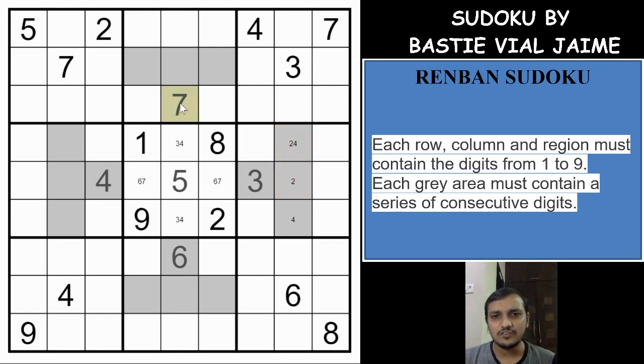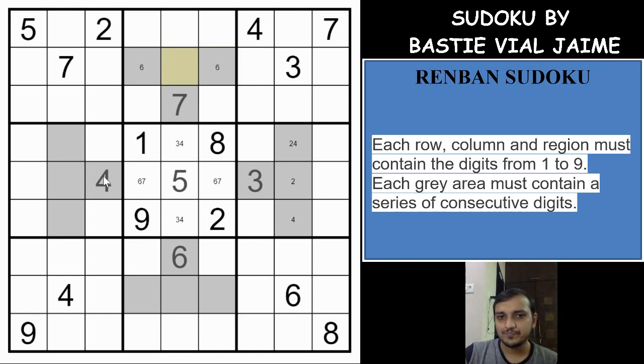Now if you see this 7, at most we can have 9 and 8, which means that 6 has to be here in one of these 3 cells. So if we don't have a 6 here, what happens is the other three cells have to be 8 and 9, and the 4th cell is stranded, which won't have any number. So at least we need to have a 6 in these 3 cells to have a consecutive group of shaded cells.